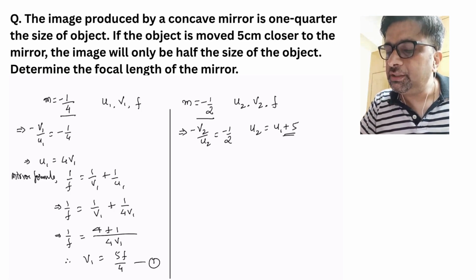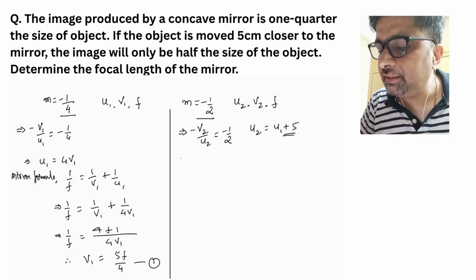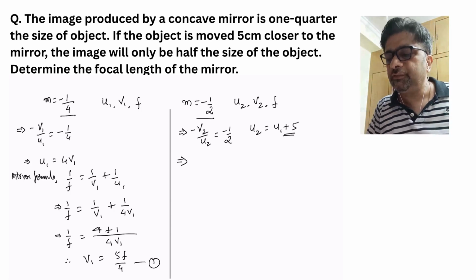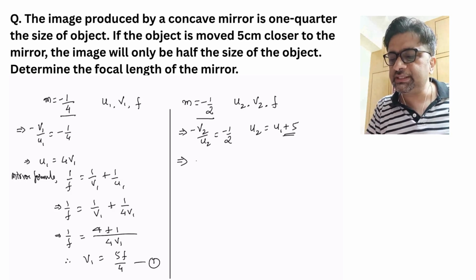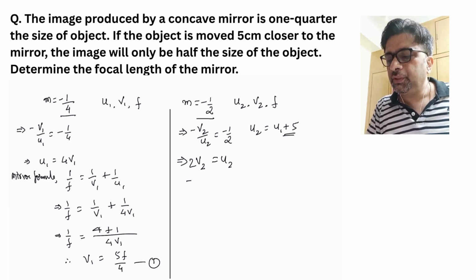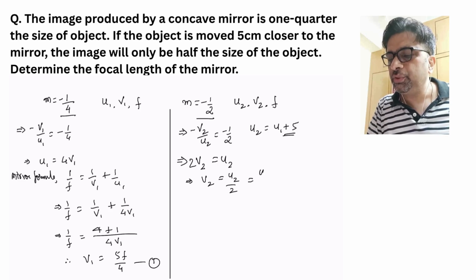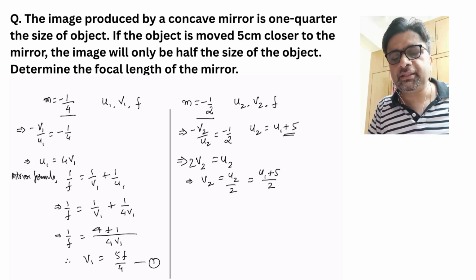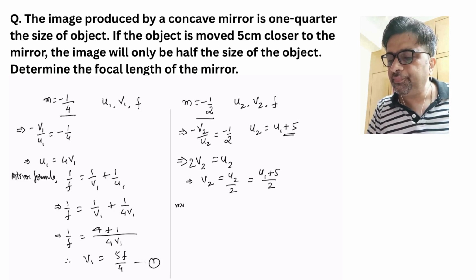Now in this case we can then express v2 in terms of u2 as well. So this gets us 2v2 is equal to u2. So we get v2 is equal to u2 by 2, and that is equal to u1 plus 5 by 2. Let us now apply the mirror formula once again. By the mirror formula, we know